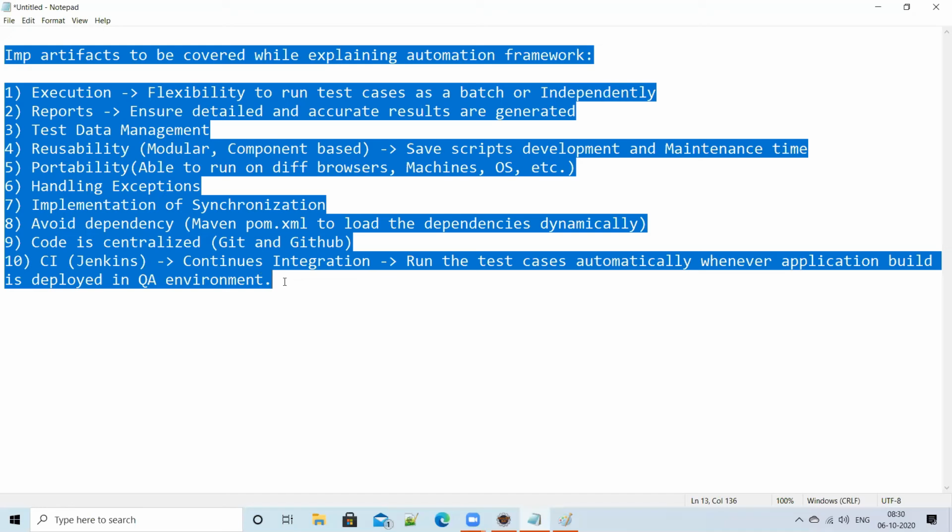So I suggest you stand in front of a mirror or something and explain to yourself about the framework. Just keep these points in your mind and try to prepare yourself. If you want to make notes, that's up to you. Anyway, it's recorded already, but still my suggestion. So prepare yourself, how you want to explain point by point, right?